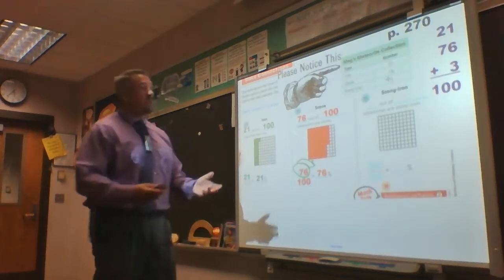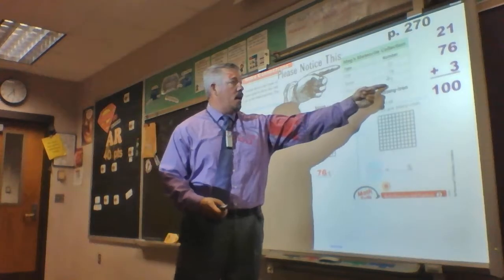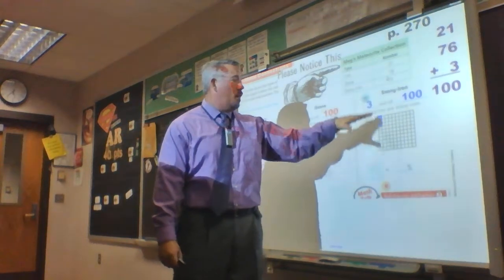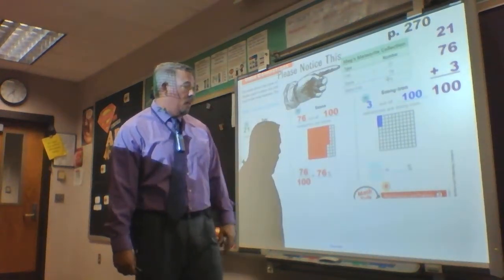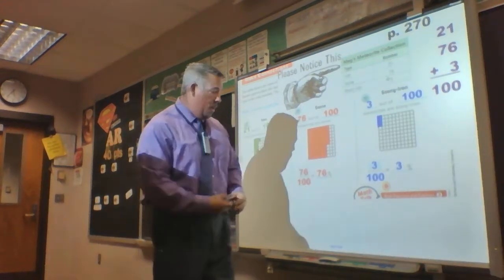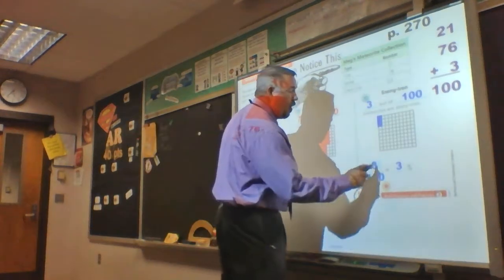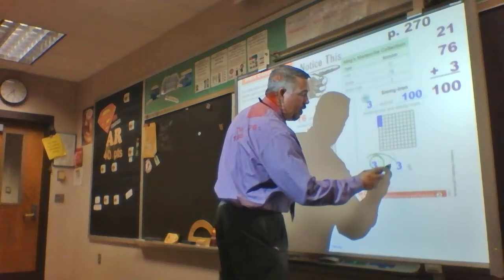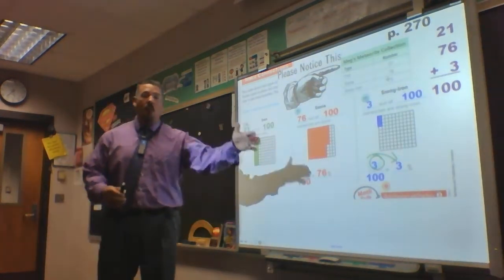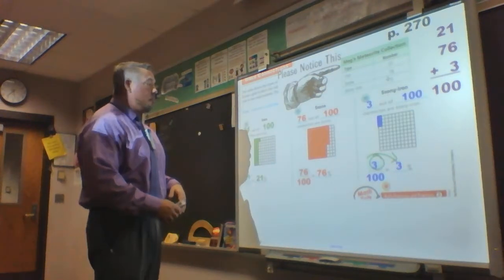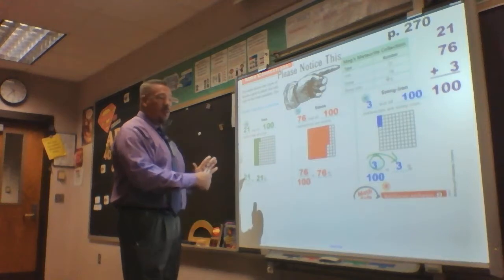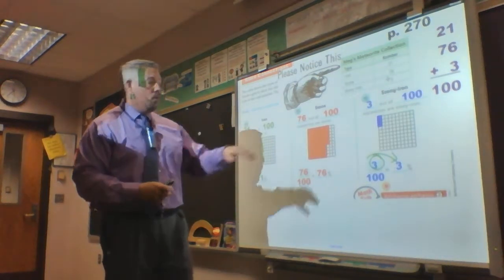And then I'm left with stony iron. And stony iron, they tell me, is 3. So I know I'm going to have 3 out of 100, where I shade in only 3. And then I write that as my fraction of 3 over 100. And once again, I'm going to take my numerator and just add a percent sign. So it's always my numerator that becomes my percent. If I have my fraction or my percent, then I know that just simply becomes my numerator with a denominator